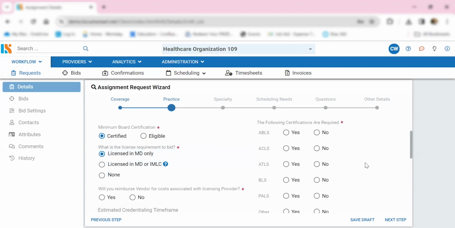This next question is regarding your licensing requirements for bids. If you only want bids from providers who are already licensed for your state, you will select this first option. Please note that selecting this choice may significantly reduce your pool of candidates. This selection will allow bids from providers who are licensed in your state